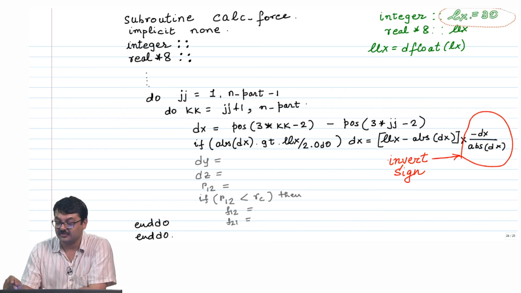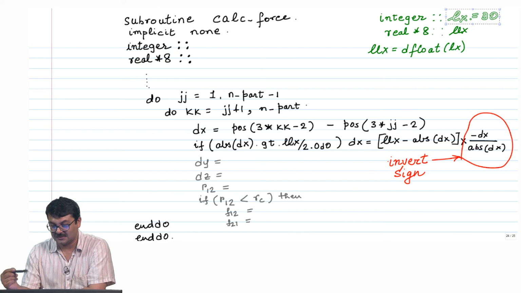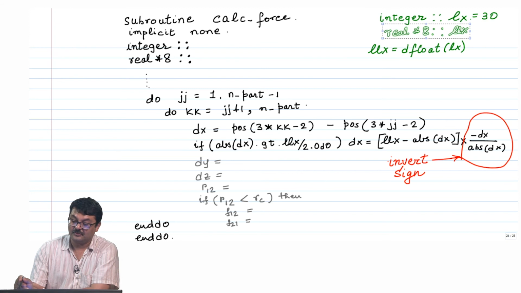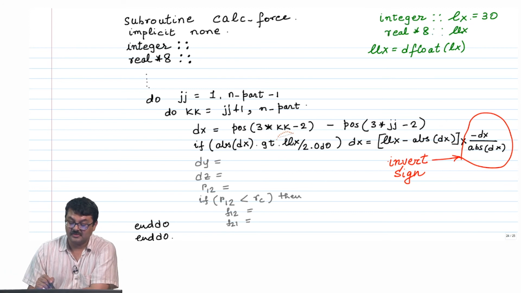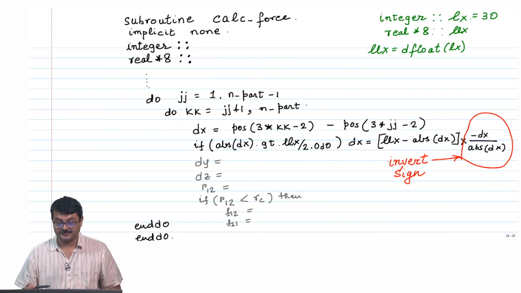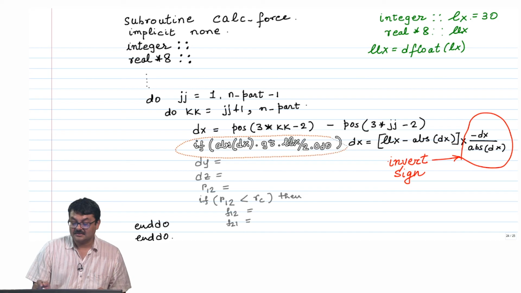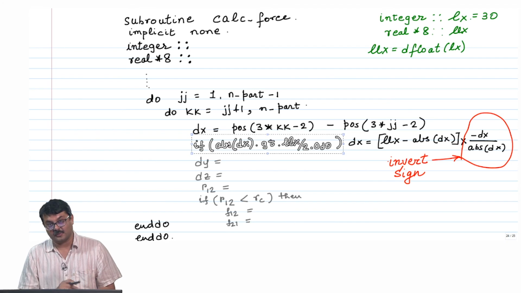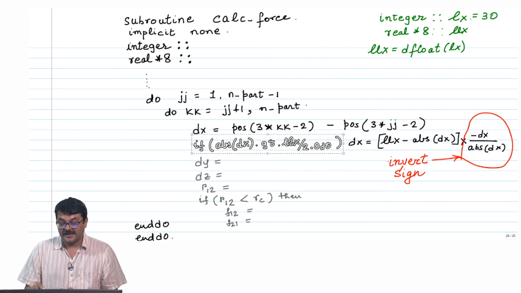Suppose the size of the box in the x dimension was Lx, just imagine equal to 30. Then you could basically define a variable LLX, which is real*8, and LLX is nothing but dfloat, the real version of Lx. So if you define Lx in an integer variable, you have defined LLX to be the same variable, but now in a float, in a real. So, if dx, the x distance between the two particles, is greater than half the length of the box in the x direction, then dx equal to,